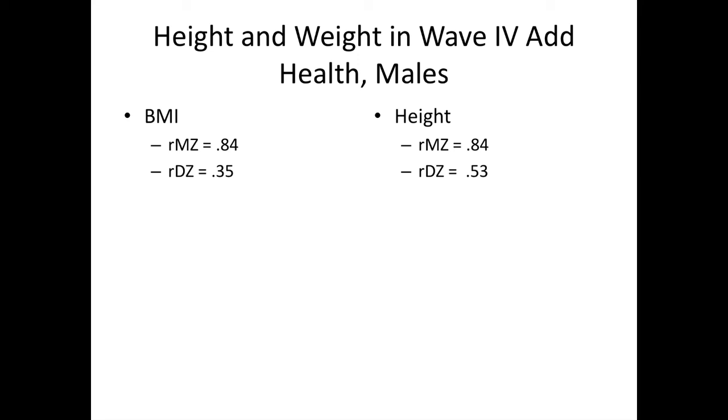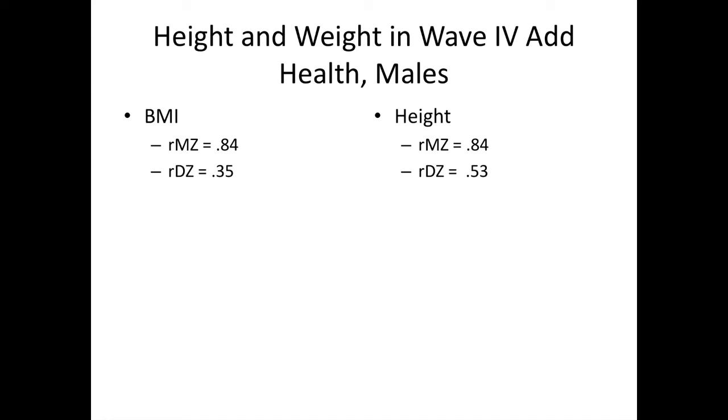So these are the twin correlations for BMI and height for MZ and DZ twins. And if you start over on the right for height, you see what you would expect, which is that MZ twins are a lot more similar than DZ twins for height, but they're a little bit less than twice as similar. And that's an indication that if you double 0.53, you get 1.06, and the difference between that and 0.84